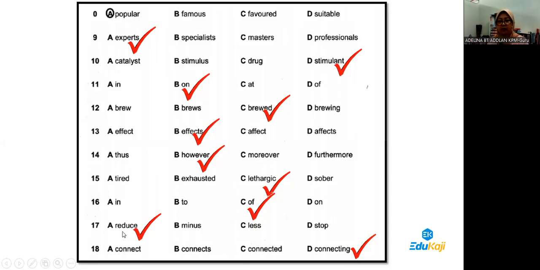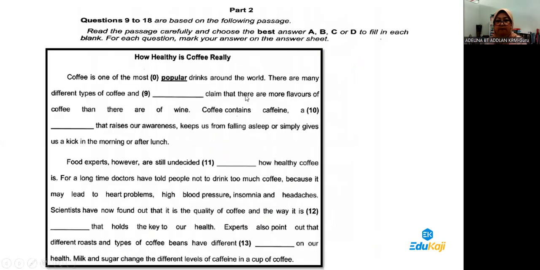Number 17, students are tested on their vocabulary, and the last one, students are tested on their grammar. Again, quite similar to number 12. Okay, you have a combination of present, past, and future tense. Okay, alright. So if you were to look at question number 9, there are many different types of coffee, and